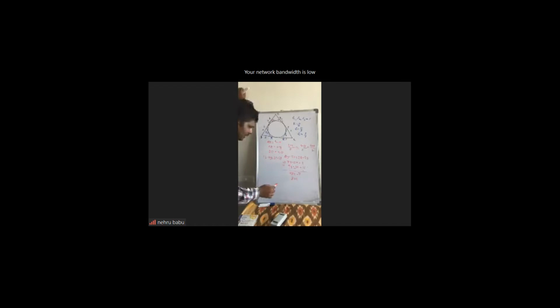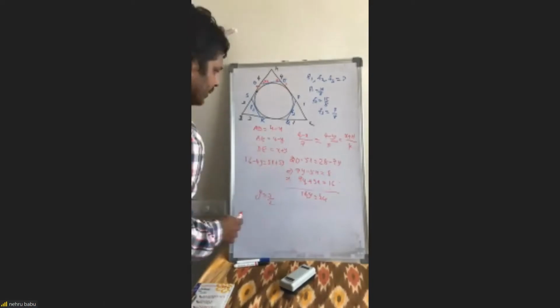Correct? 9y plus 5x. 2y equal to what? 7y minus 2y is? Y is 4 correct only? No mistake I did? Sir, 9y plus 5x equal to 16. 9y plus 5x equal to 16. So if you see this one, 16y equal to 24. So y equal to 3 by 2. If you take y equal to 3 by 2, what is x value?